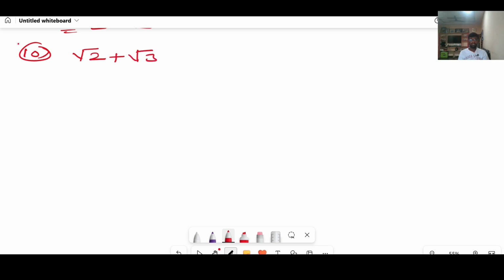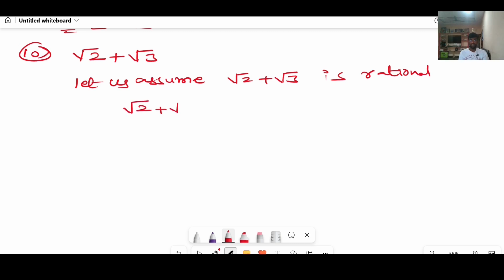Here it is root 2 plus root 3, right? What is the first step? We will assume this as rational, even though we know this is an irrational number. Let us assume root 2 plus root 3 is rational, right? If it is rational, how can we write this? Root 2 plus root 3 equals a by b, where